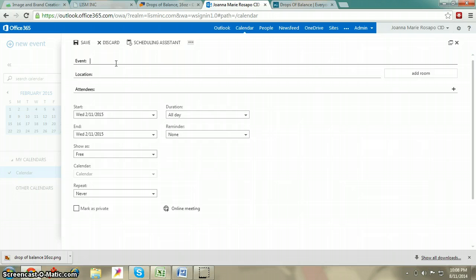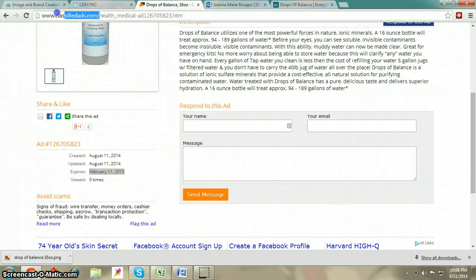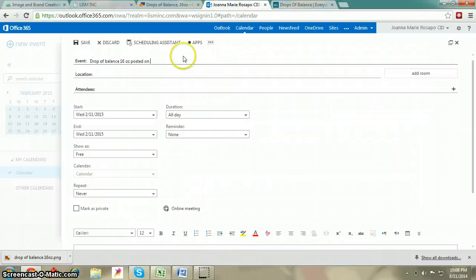You can put Draft of Balance 16 ounce posted on classifiedads.com is already expired and needs to be reposted again.